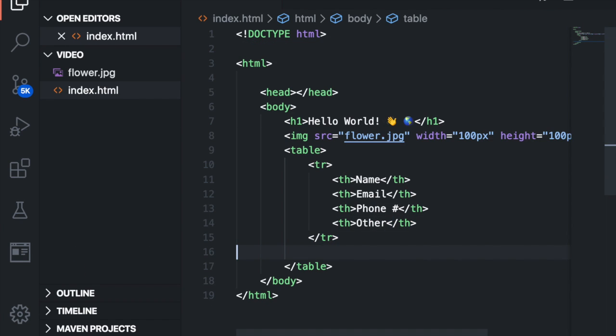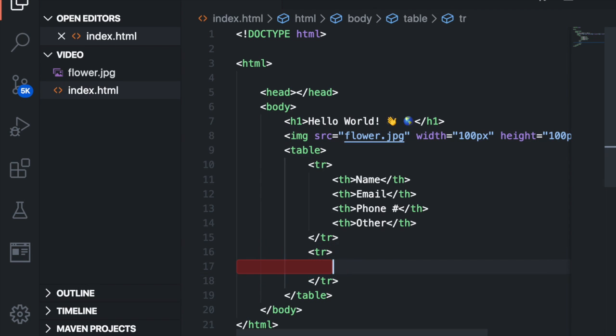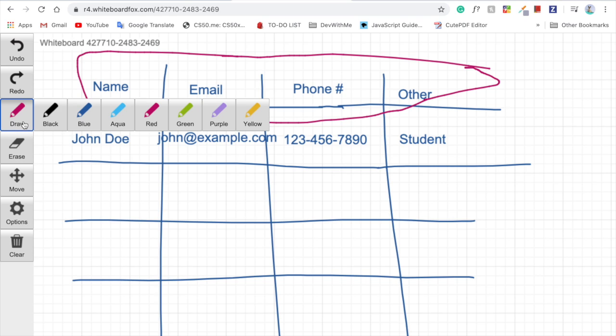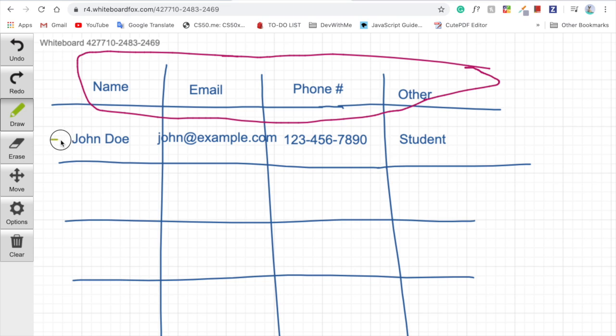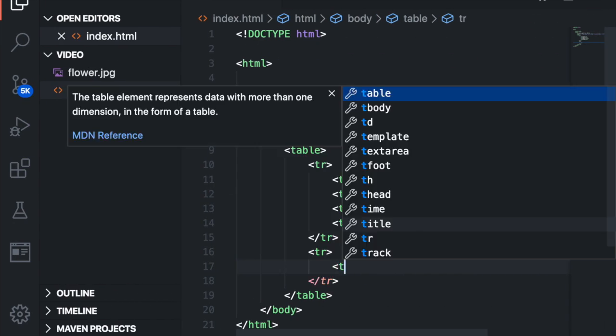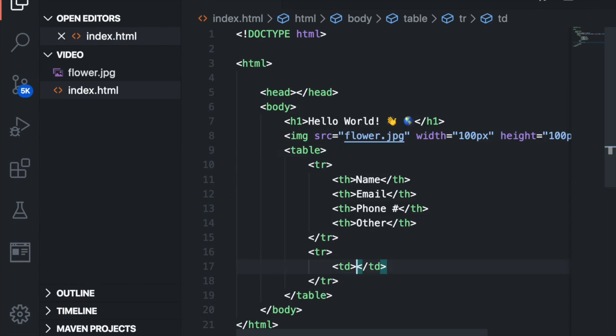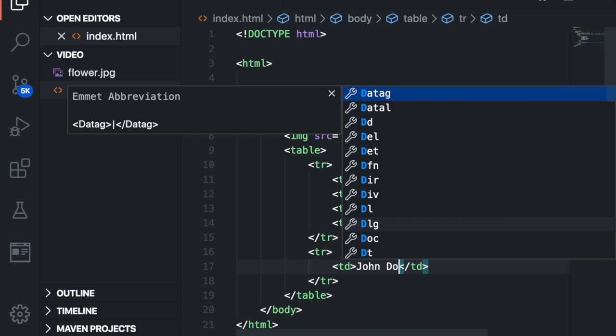Alright, so now we're going to create another tr. As you can see, it's no longer the column names, it's now starting to be the actual information. So now we're going to use td instead, table data. I admit it's a little bit confusing. I actually don't introduce the full HTML5 syntax, which needs thead and tbody, but that's not strictly necessary. So in td, what I can say is John Doe